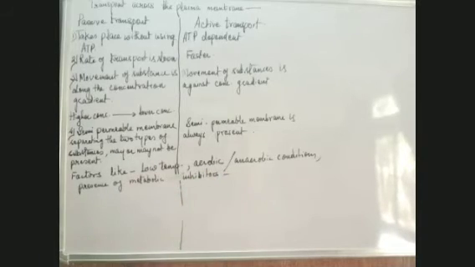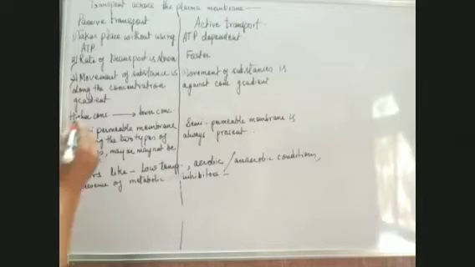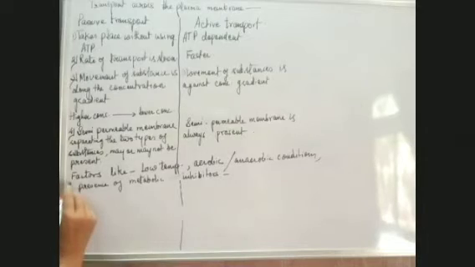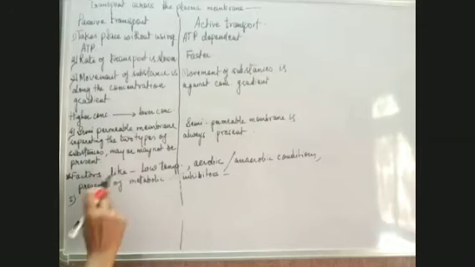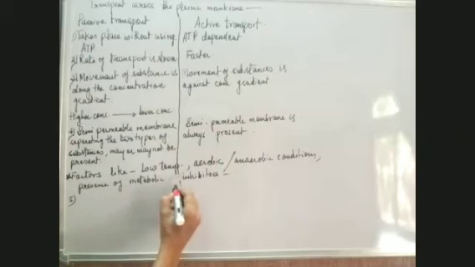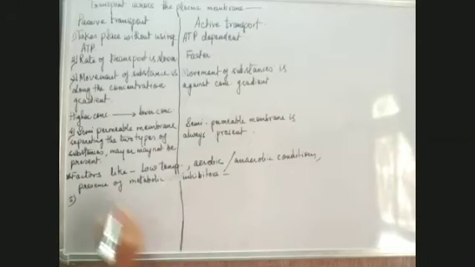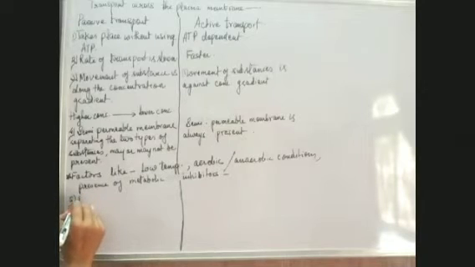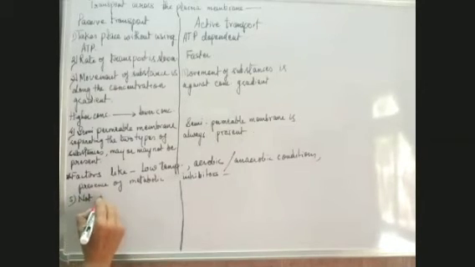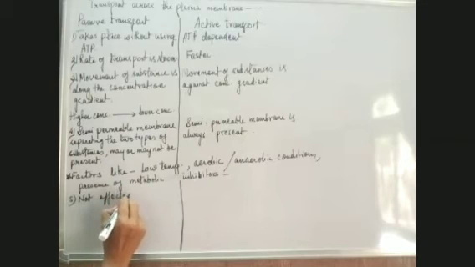These are the three factors we are talking about: the low temperature, aerobic or anaerobic conditions, or presence of metabolic inhibitors. All these three factors have no effect on this. I'm writing here, first I have written the factors with a star. Now I'm writing what is the effect of these factors on passive transport and on active transport. So in case of passive transport, these metabolic inhibitors show no effect. The passive transport is not affected by these metabolic inhibitors.